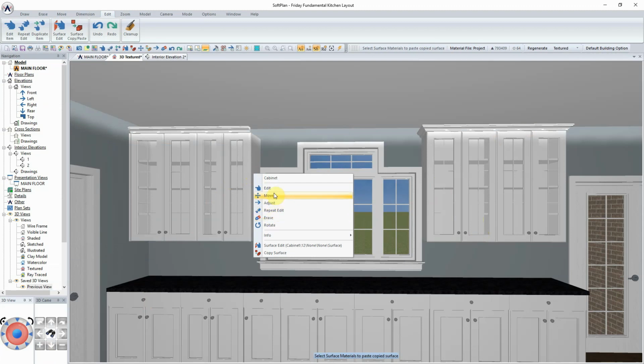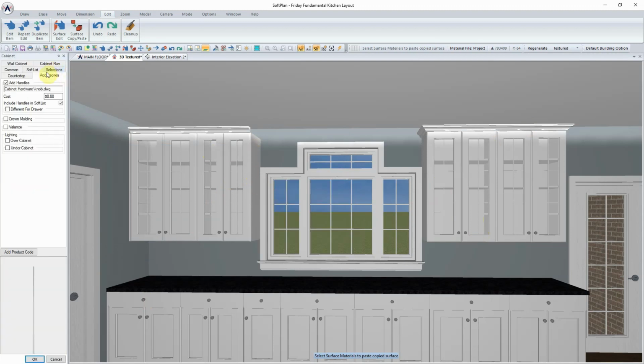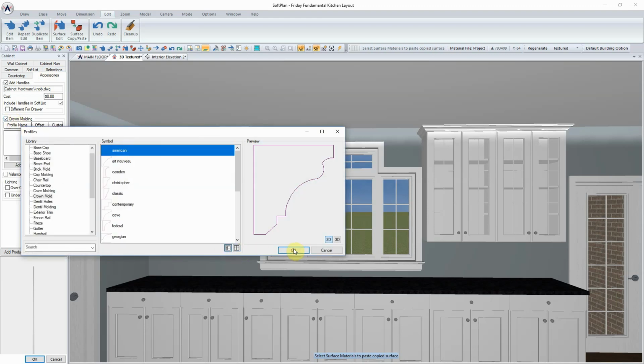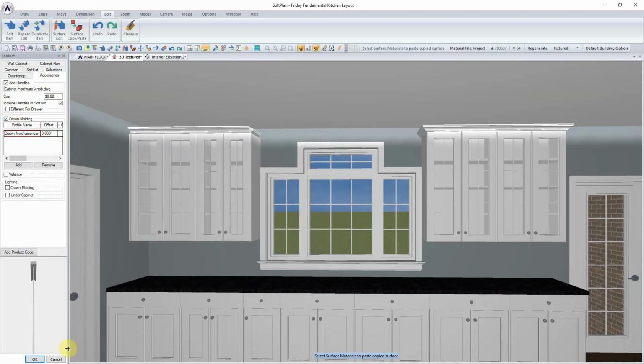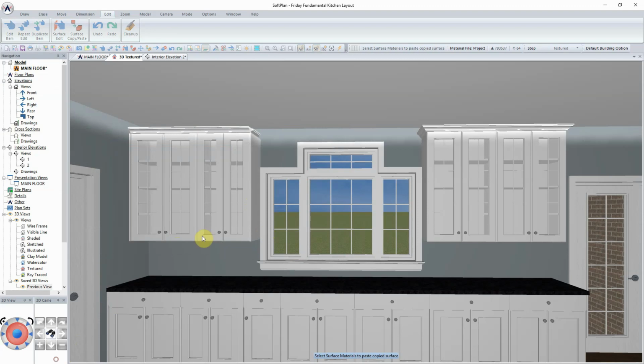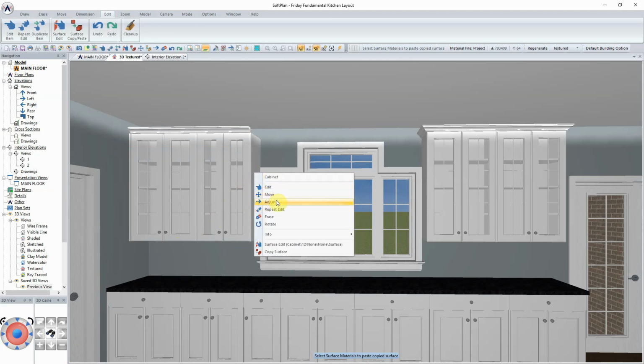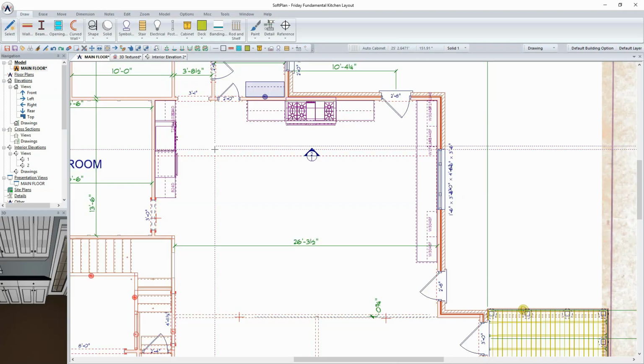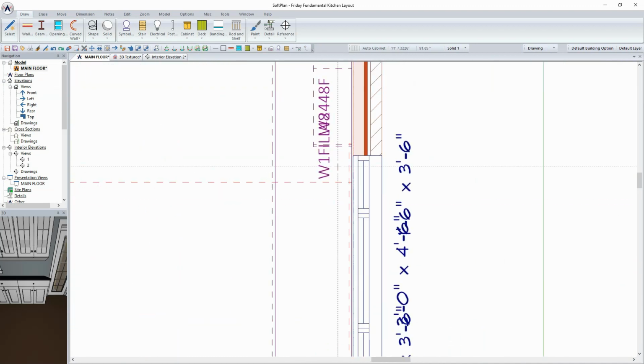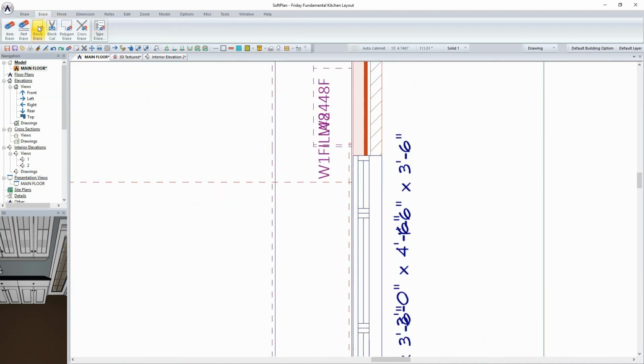running across. And in this case here with the filler that's on the end, I just need to add a crown mold on it as well to finish the gap out, or I may even just come in and erase that one filler right there and just place a panel on the end of it to actually finish it out. So let me come in here and just block erase this to take that out,